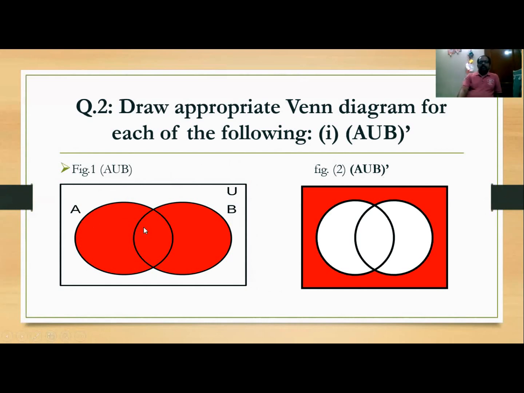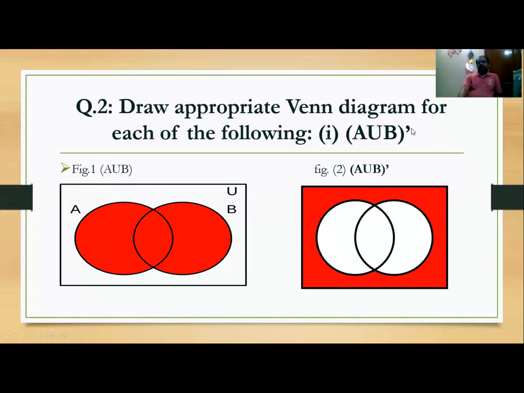So we just shade the whole part of the sets A and B both, right? That shaded region will contain the elements of A as well as B, either only in A, or in B, or in both. This middle part gives us the elements which are present in both A and B, this part gives us the elements present only in A, and in this part the elements present only in B, right? So this shaded region is the set known as A union B.